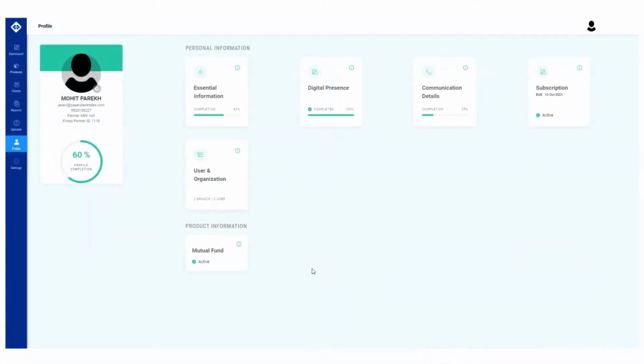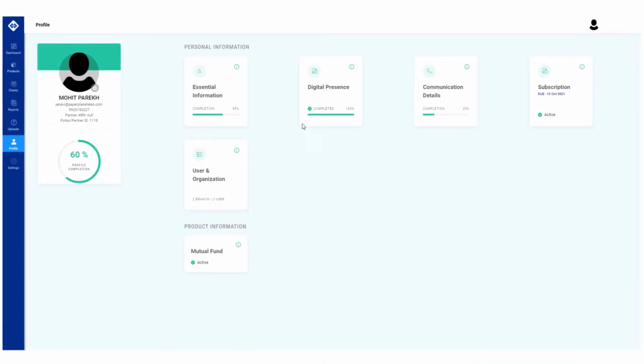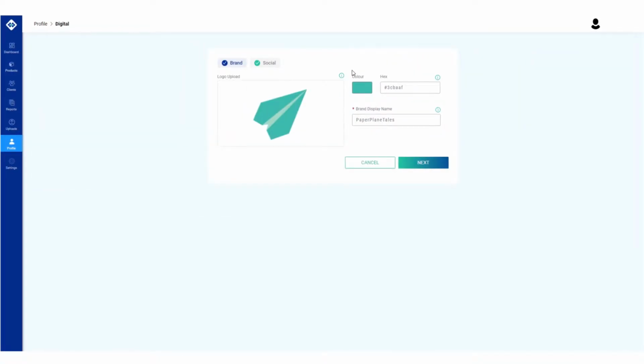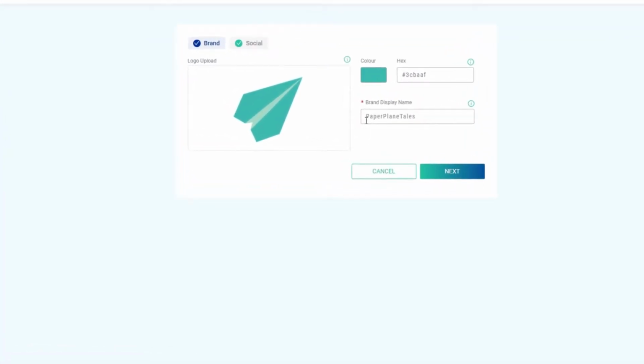Finso is a co-branded platform that lets you create your brand's digital presence, ensuring all your client communication through Finso carries your brand identity, including your brand name, your logo, and your chosen color scheme.